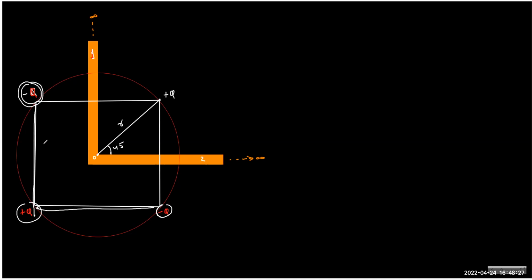Yes, sir. And because this charge is minus, we will take the mirror image as positive. Understand? Okay, sir. Earlier we were taking the image of this charge, so we took negative here. But now we are taking the image of this charge, which is positive. We reverse the sign. So actually we have four images, but one is overlapping.